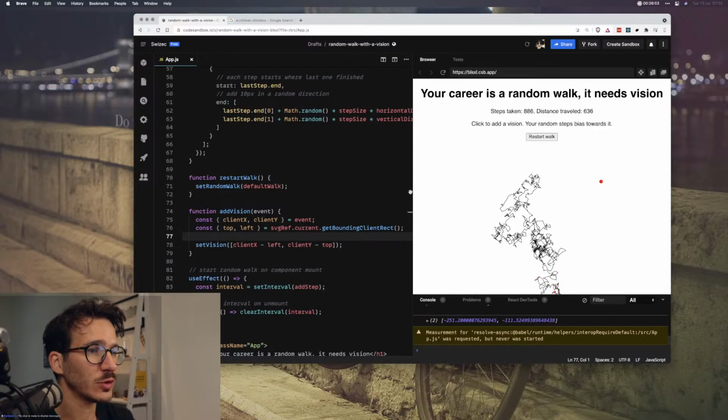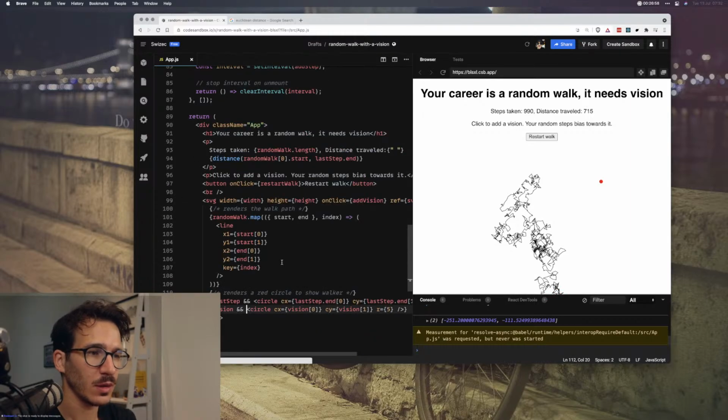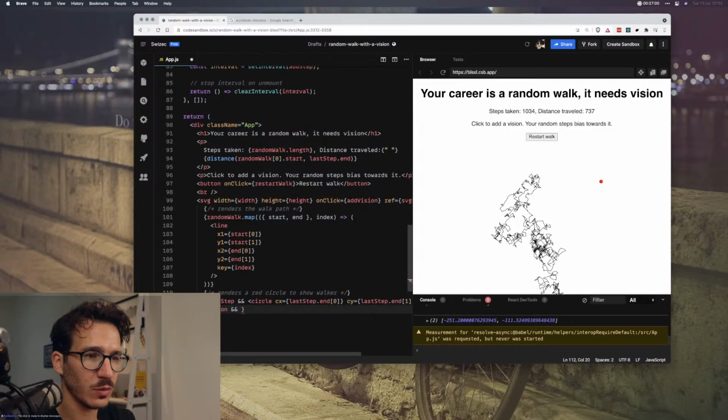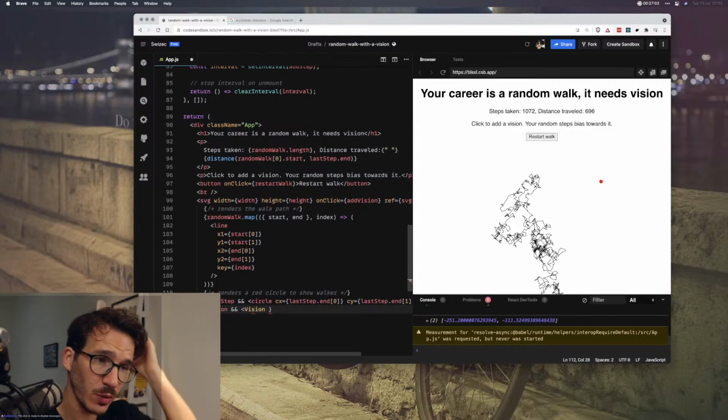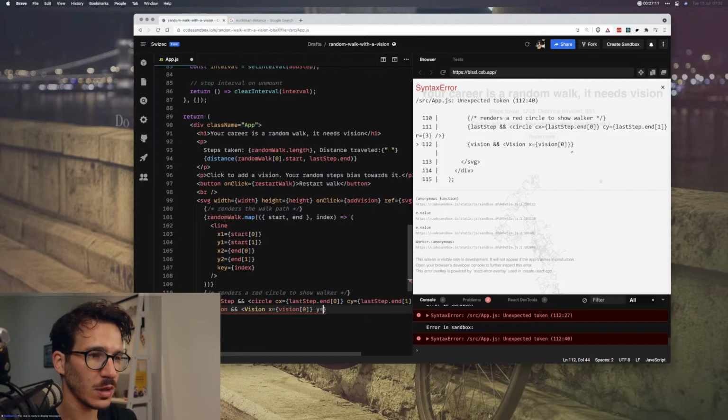We should also render a, let's do that. So we're gonna render a vision component that's gonna get x equals vision[0] and y equals vision[1].